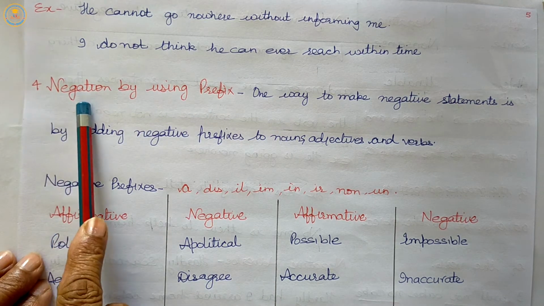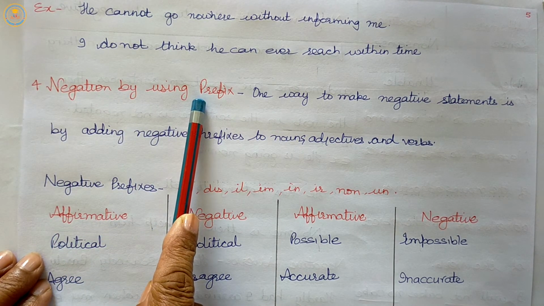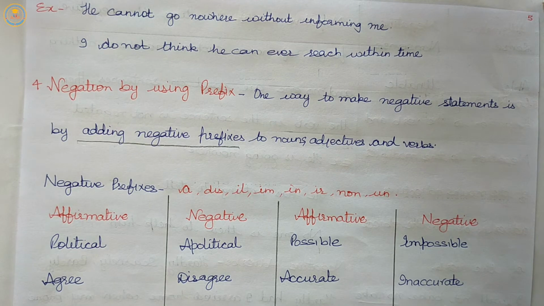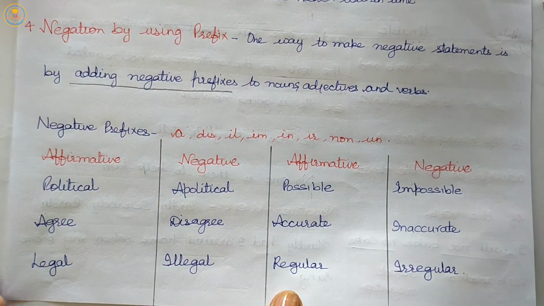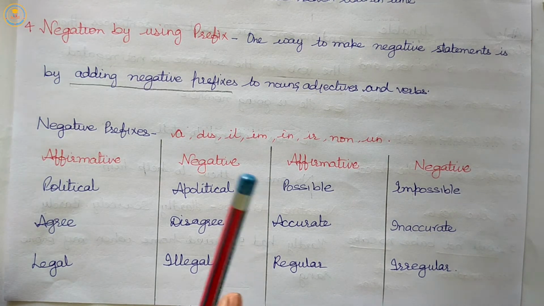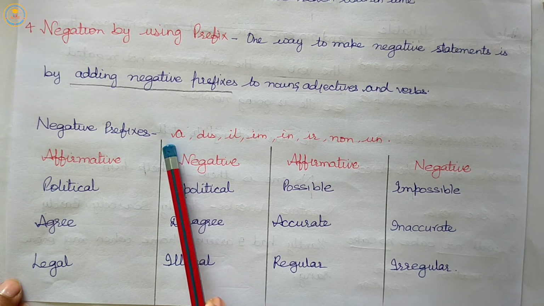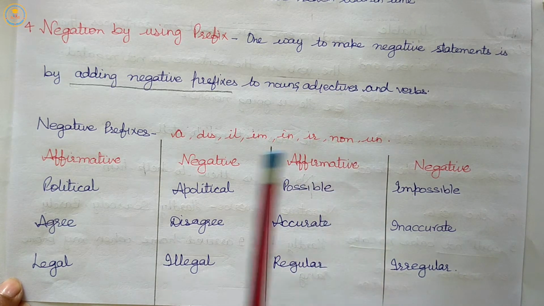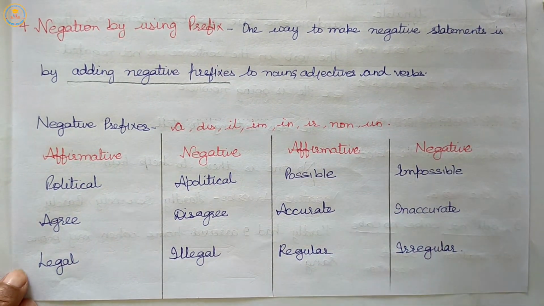The next rule is negation by using prefix. One way to make negative sentences is by adding negative prefixes. Means we will add some negative prefixes to nouns, adjectives and verbs that will show the negative form. But there are also some prefixes that, whenever we add them to a word, show the positive or affirmative meaning. Here we are talking about negation. So we will take some negative prefixes, and these are a, dis, il, im, in, ir, non, un. All these prefixes will show us the negative